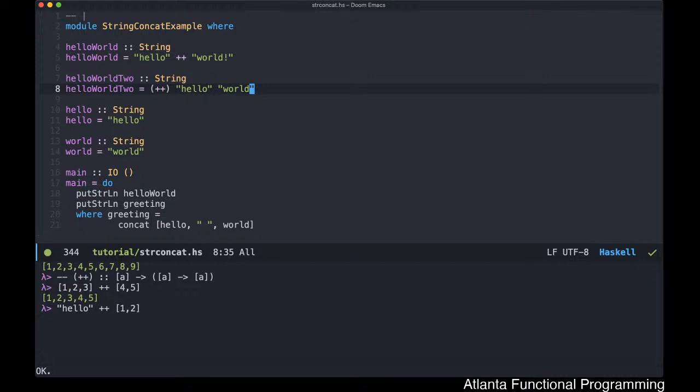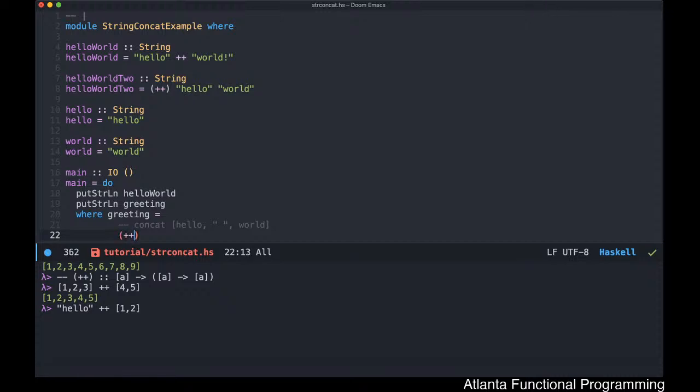The other thing that you should be aware of is, because you can prefix it like this, we can actually write our concat operation here as